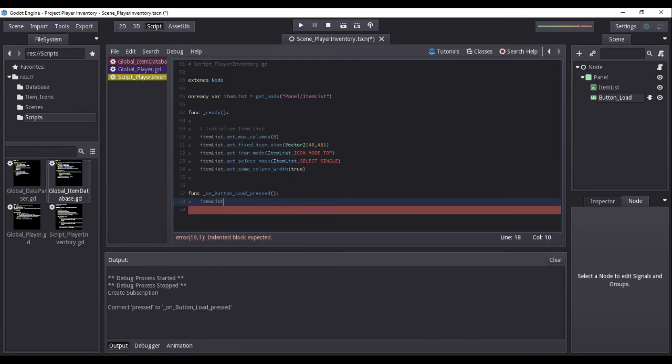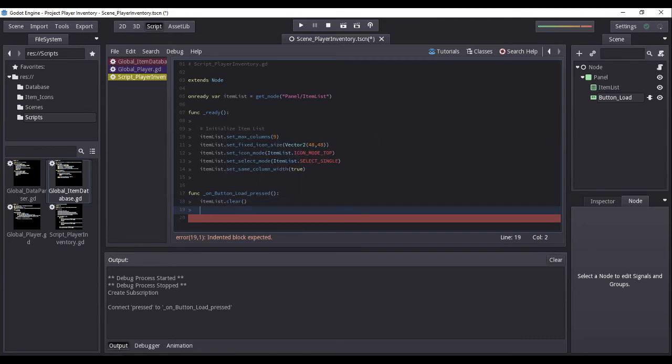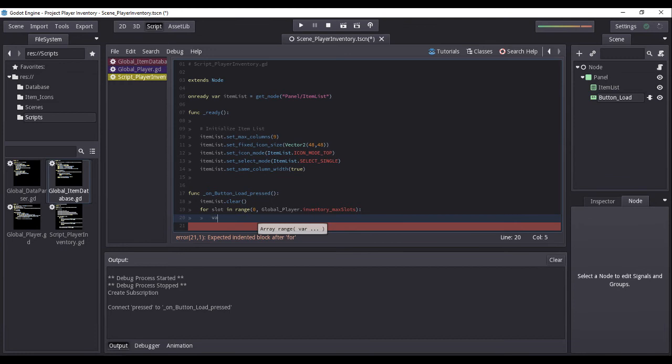Now, on the button load pressed function, we will initially clear our item list. To do this, we type in item list.clear. Then, we will construct yet another for loop, in range of 0 to the value of the variable inventory max slots from our global player script, which is 40. Inside the for loop,